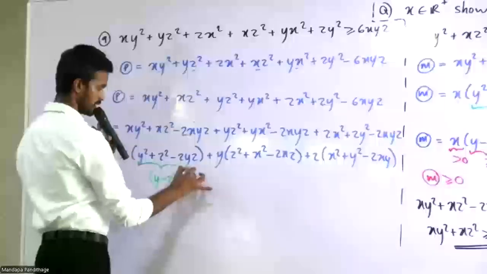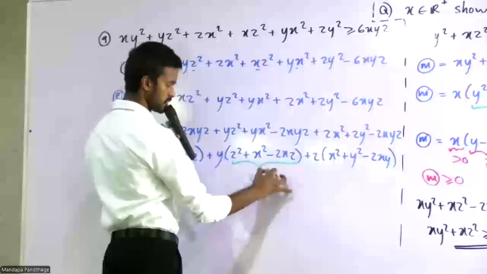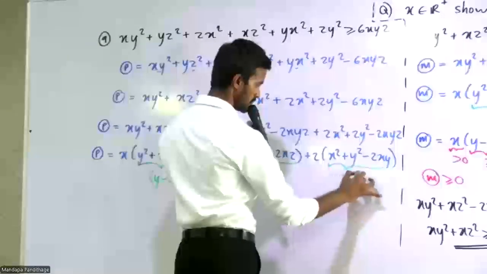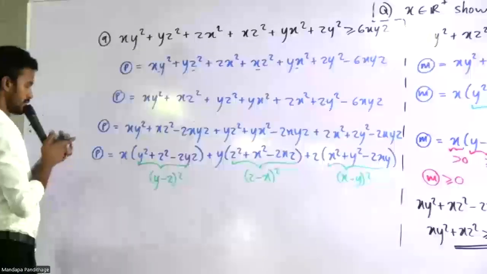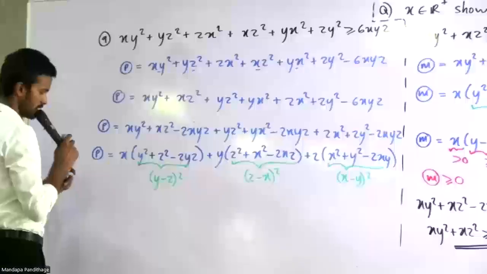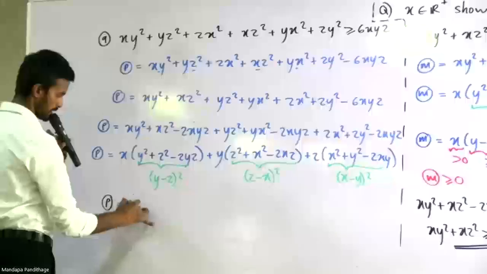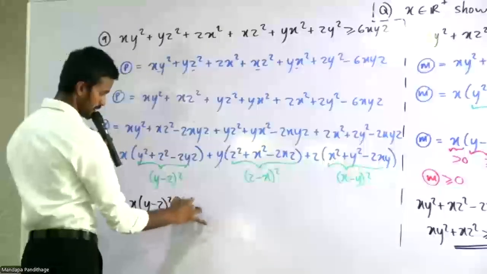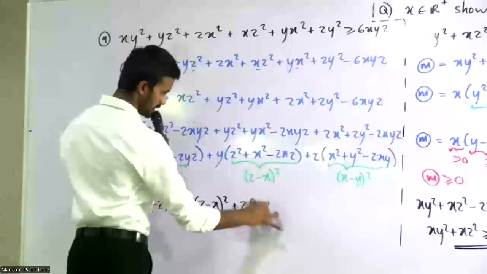y minus z squared. This becomes, you can either write as z minus x or x minus z, same, squared, and this is equal to x minus y squared. Okay, so we end up with this P with the addition of all three positive terms. What is P? It's x into y minus z squared, y into z minus x squared, plus z into x